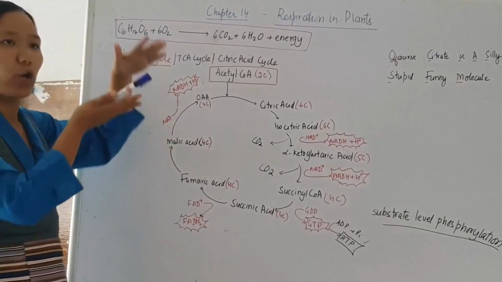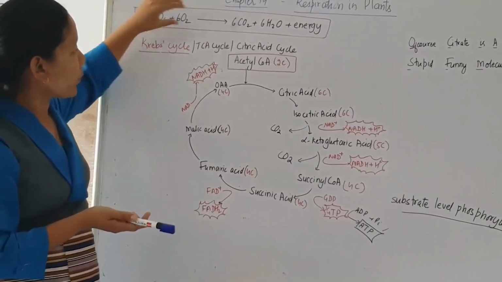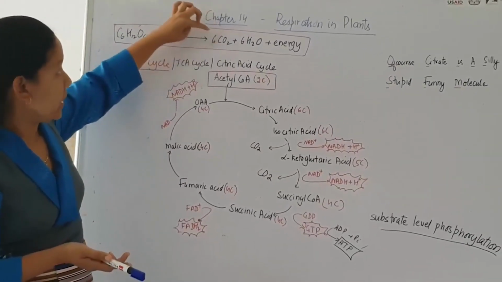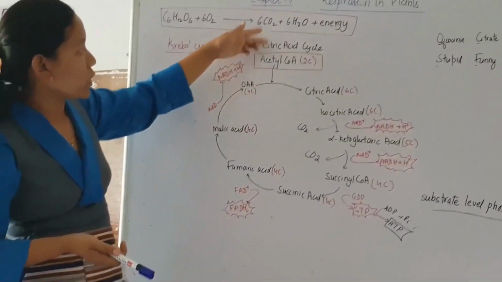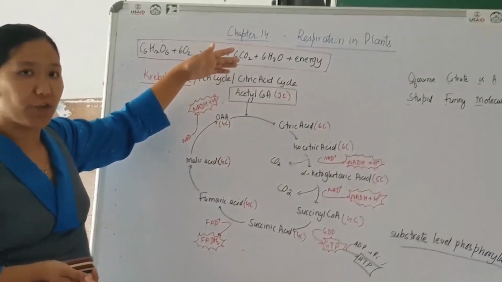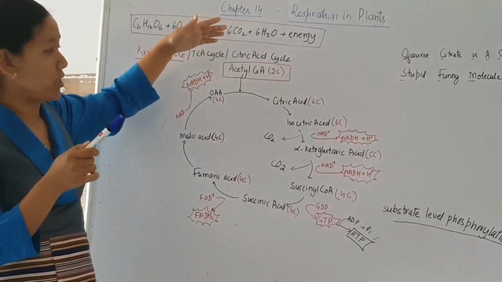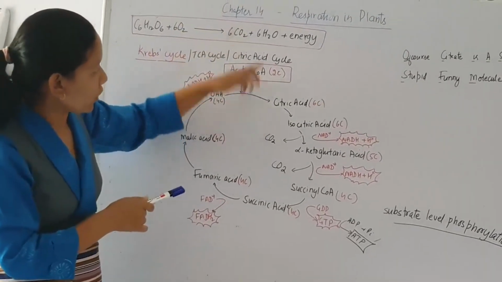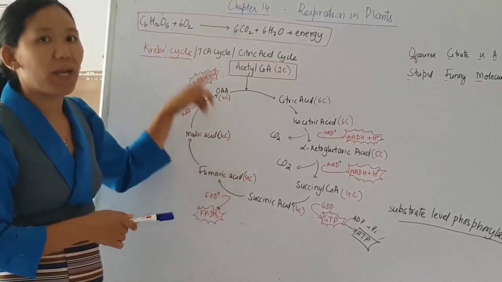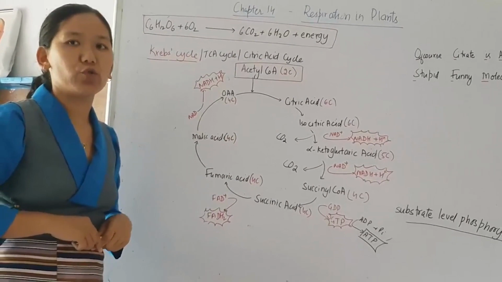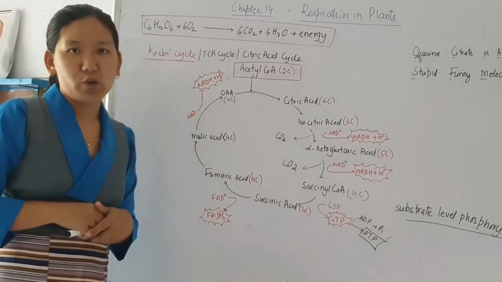If you look at the overall picture of respiration here, glucose is completely broken down into 6 molecules of carbon dioxide. Before this step, there is one more step to discuss, oxidative decarboxylation, where 1 molecule of carbon dioxide is released. And here, 2, if you count 1 in the earlier step, 2, 3, and multiply by 2, because glucose gives rise to 2 pyruvic acid. So, you can see there is a complete breakdown to carbon dioxide.